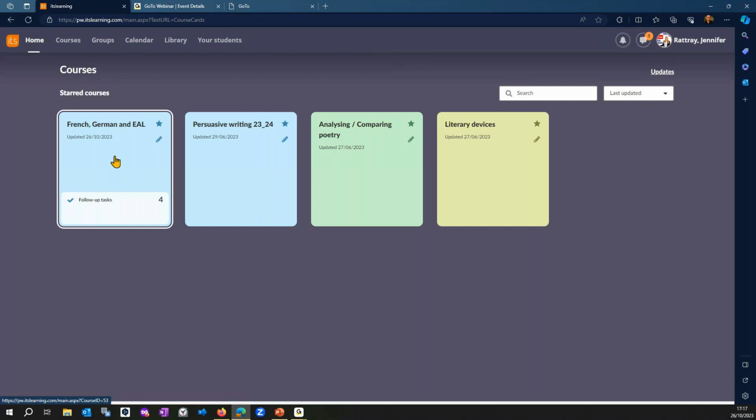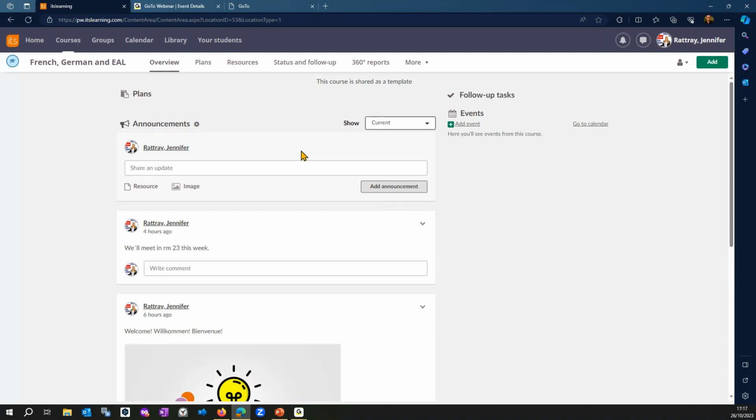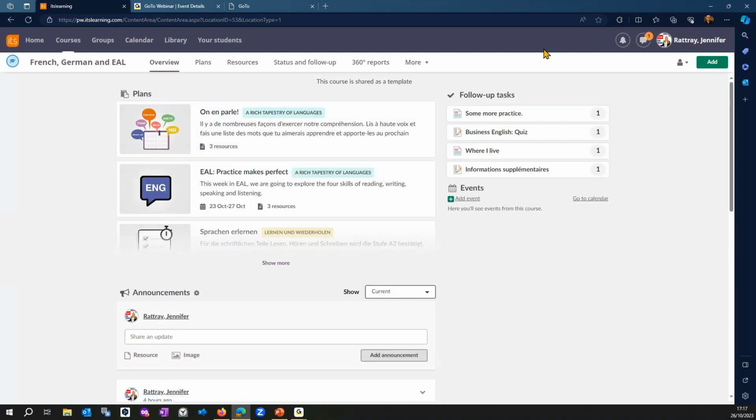So I'm logged in now as a teacher, again in the platform. Here's my French, German, and EAL course. I've been sent some work to correct. As we saw, our student Maximilian sent work to me as the teacher. So here is the work that I will have to correct. We're not going to look at that right now because we're going to look at this